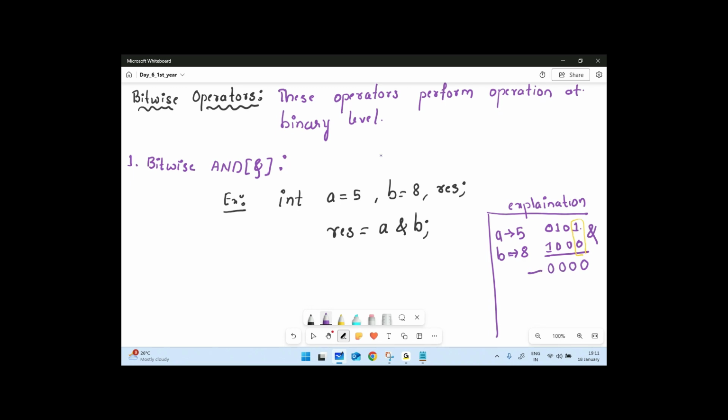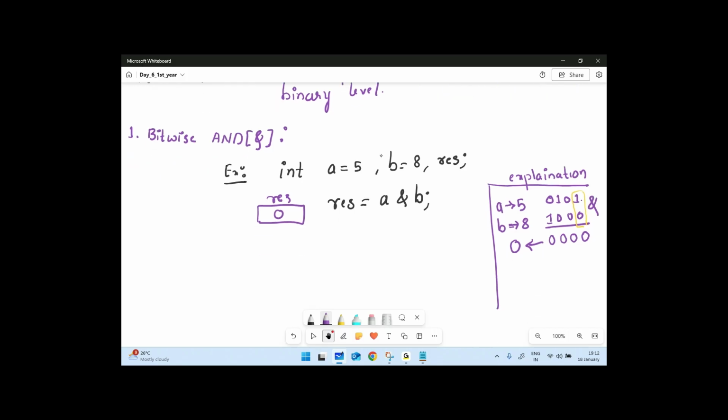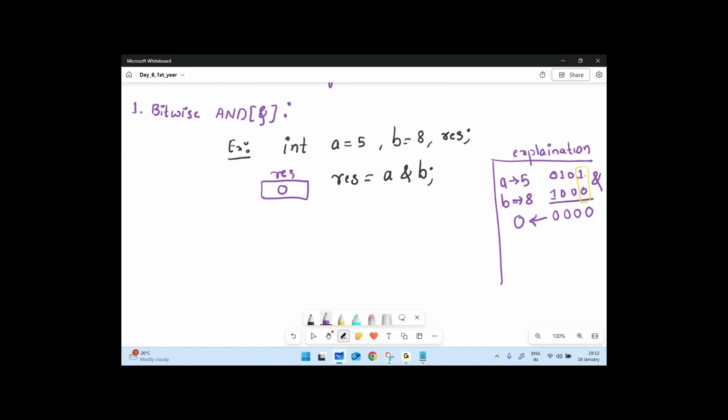Now convert this into decimal. So the value stored in the variable res is 0. So this is the bitwise AND operation. These operations are carried out at binary level. Now similarly,